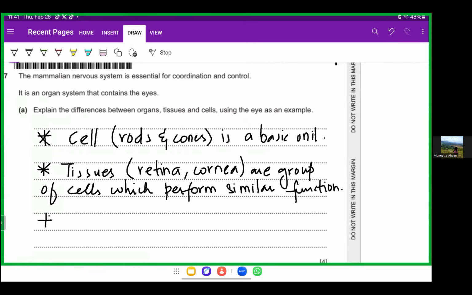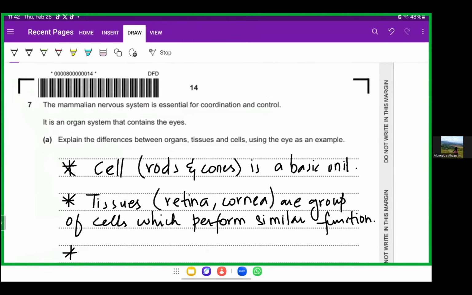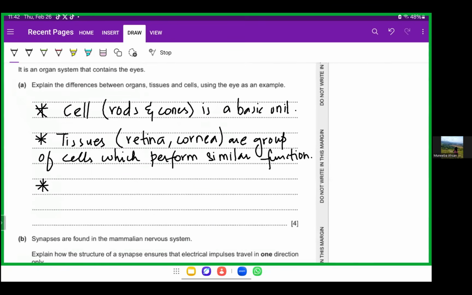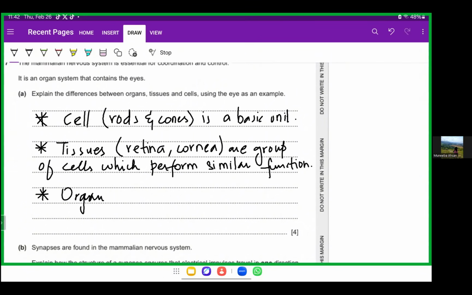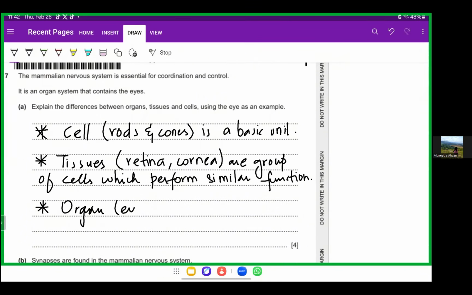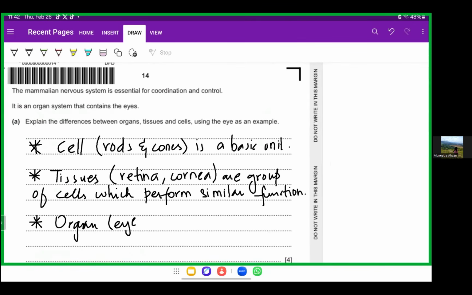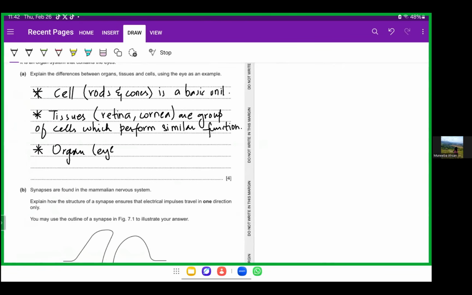And then when we talk about an organ, like the eye, it is a group of tissues which perform